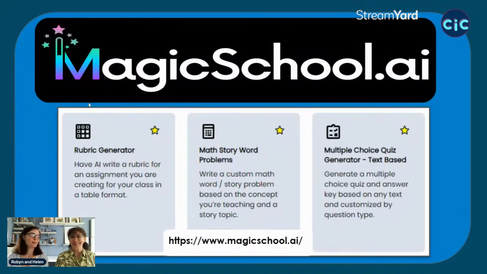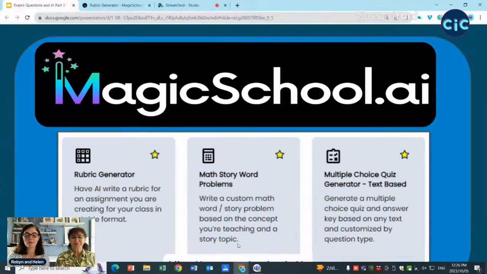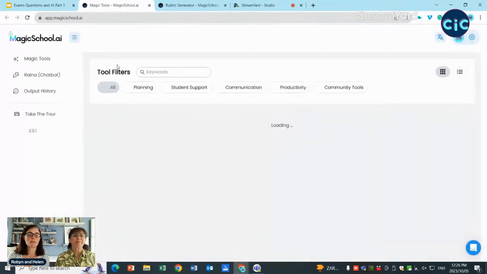Oh, I went down a big rabbit hole with magicschool.ai, and these are just 3 tools out of 54. In fact, there were 49 when I looked last week. They've just added a few new ones this week. I think we're going to send a list of the 10 best ones. It's incredible, this one. So let's have a quick look. We head off into magicschool.ai.